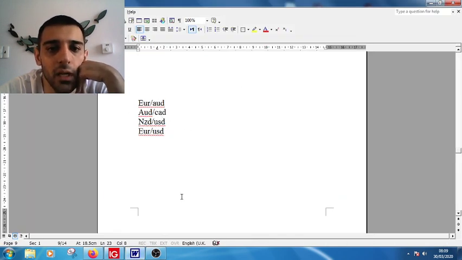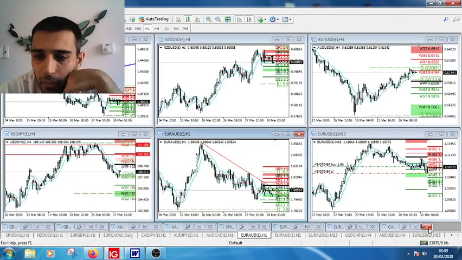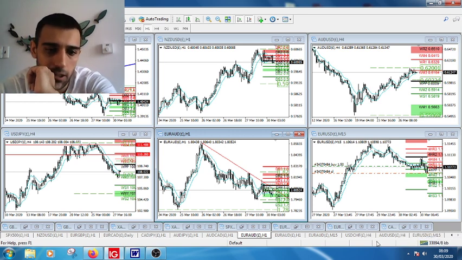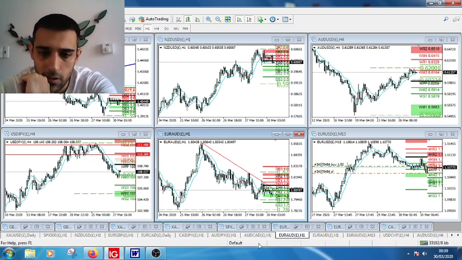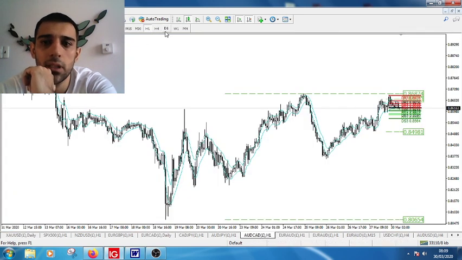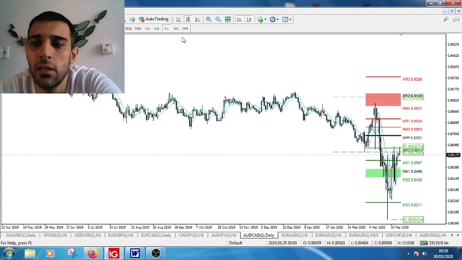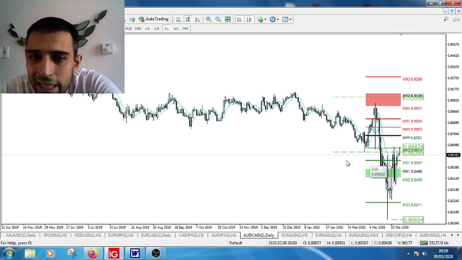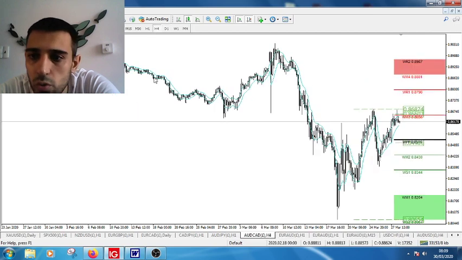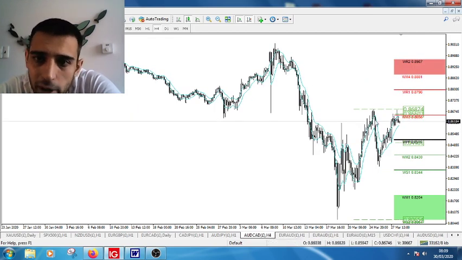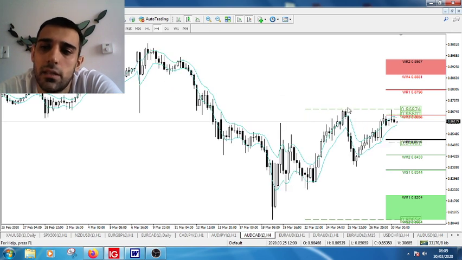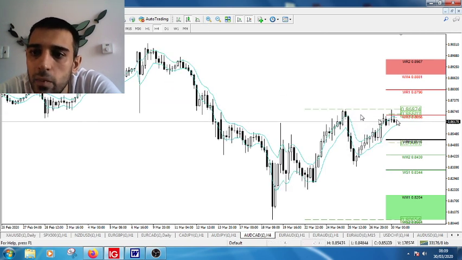So now let's move on to the Australian dollar against Canadian dollar. Australia, got a lot of currencies in here. Where's the Aussie against Canada? There we go. Aussie against Canadian dollar. On the daily charts, it looks pretty ugly. It does not really give much indication whether it wants to go down or up. It's really all over the place. But if we drill down to the shorter time frame, the price came up and, no, it had not taken out this high here, but it came up to the same level, and now we've seen this